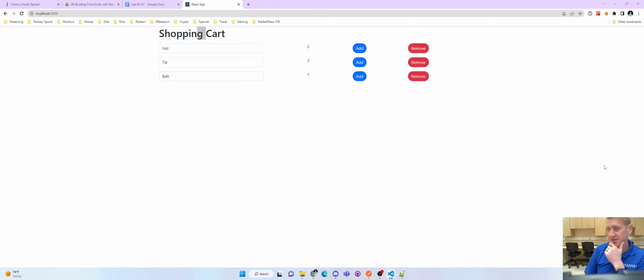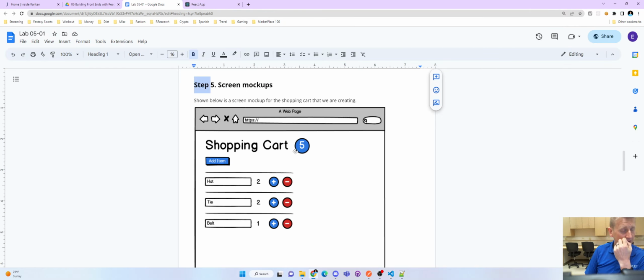Okay, let me explain my train of thought here a little bit. When I'm seeing this number, I said it was going to be a hook. Anytime you're working with data and you want that data to refresh, it's been my experience that you want that data in a hook. I think because of the way that we're writing this, it will work not keeping this in a hook, because when you're modifying data in here,